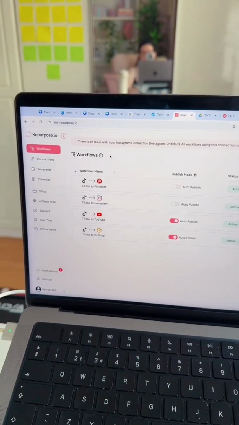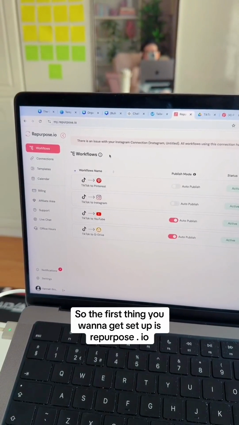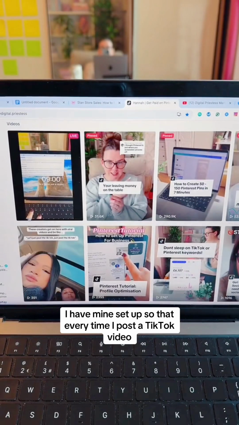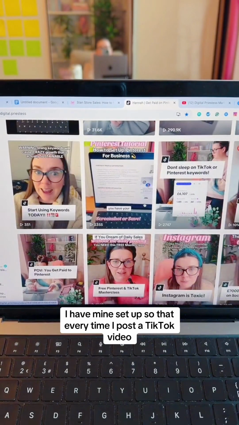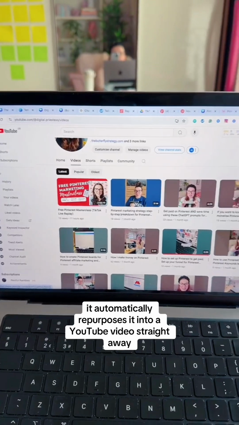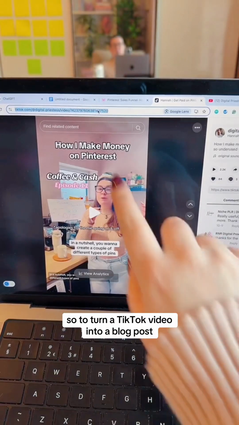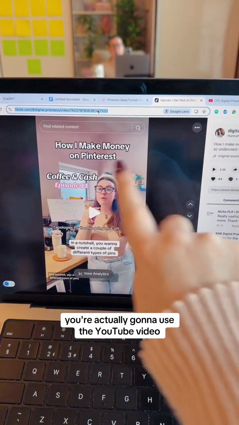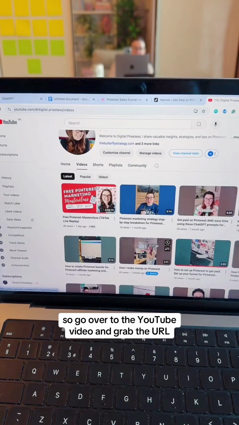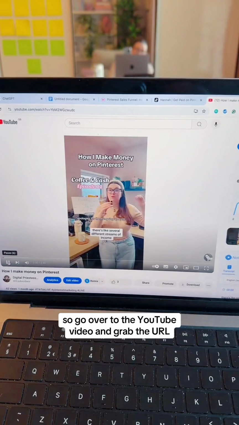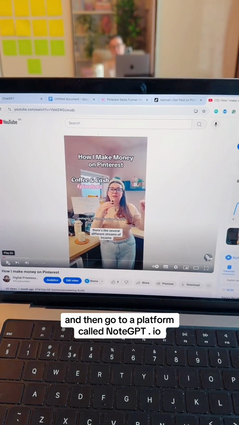Let's go. So the first thing you want to get set up is repurpose.io. I have mine set up so that every time I post a TikTok video, it automatically repurposes it into a YouTube video straight away without me having to lift a finger. So to turn a TikTok video into a blog post, you're actually going to use the YouTube video. So go over to the YouTube video and grab the URL